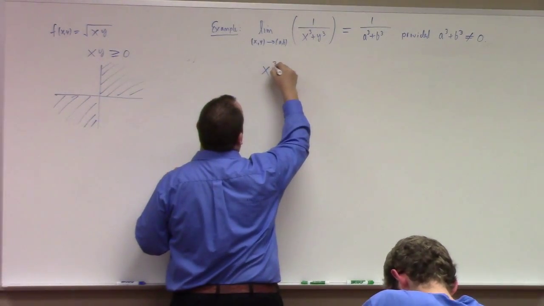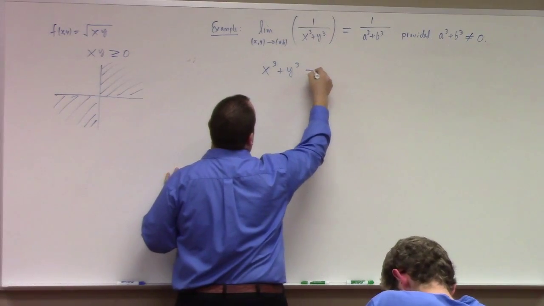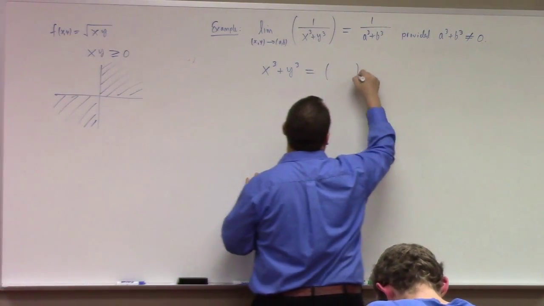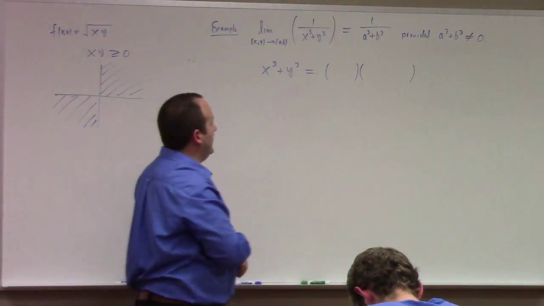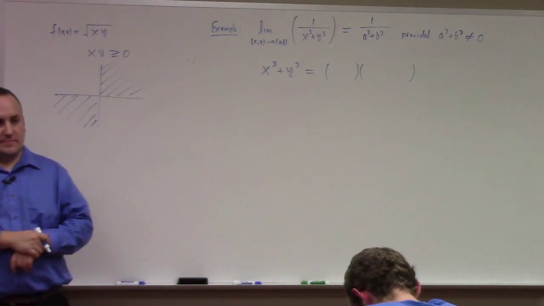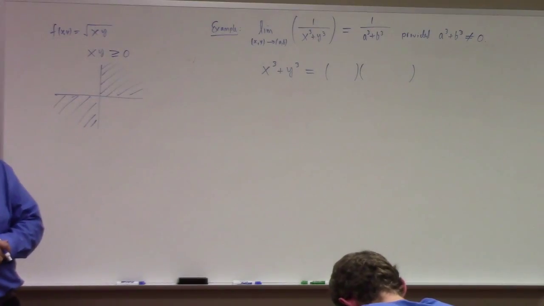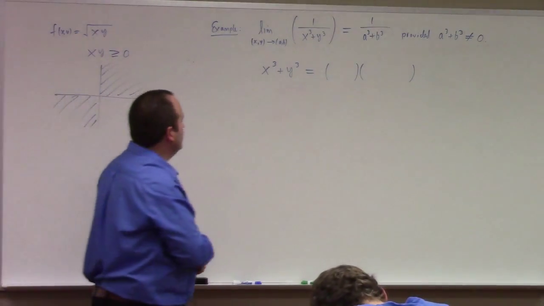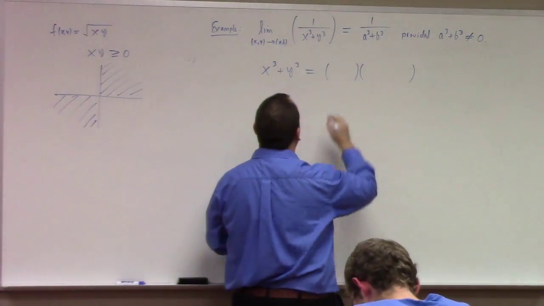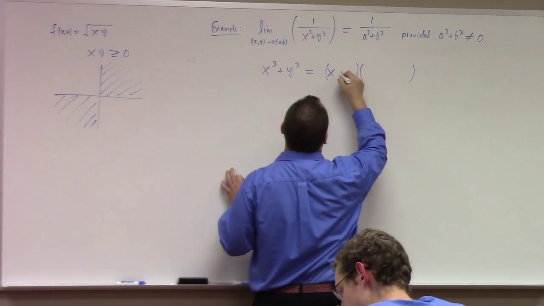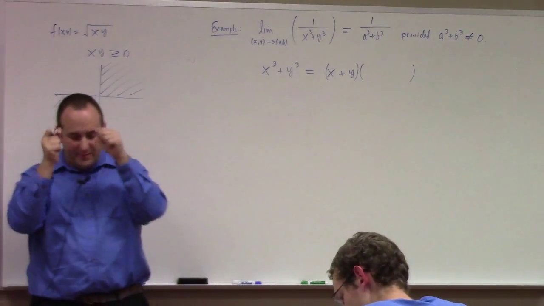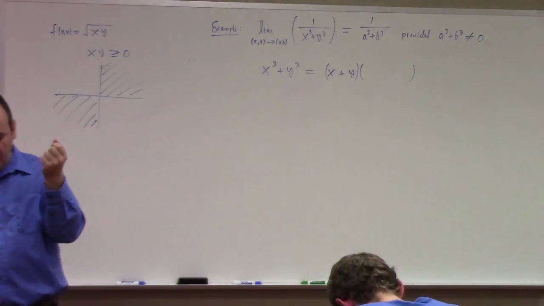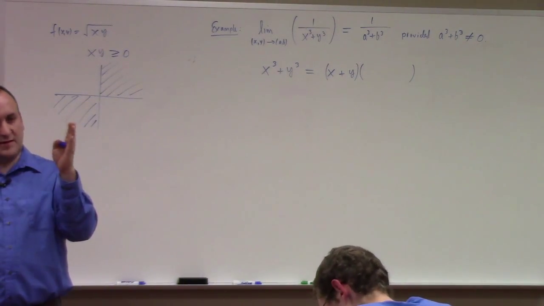How about this? It's a sum of cubes, right? You can factor it. How do you factor it is the question, right? I think this will work: x plus y. And the reason I say that is if you think of y as being a constant and think of x as being the variable, if I put x equal to minus y,